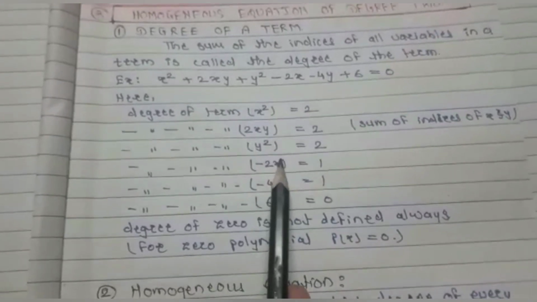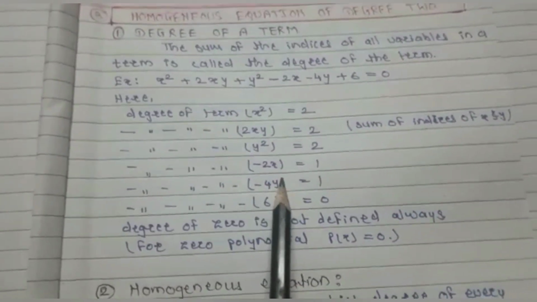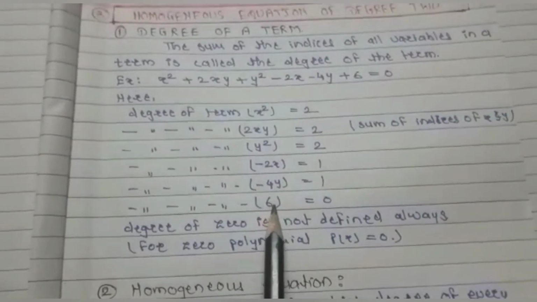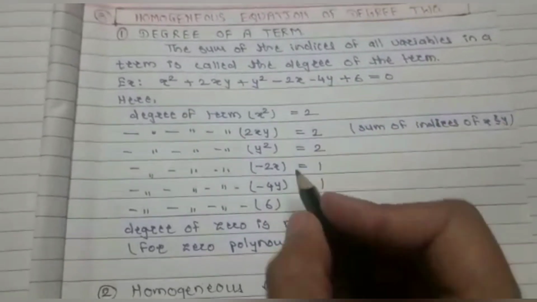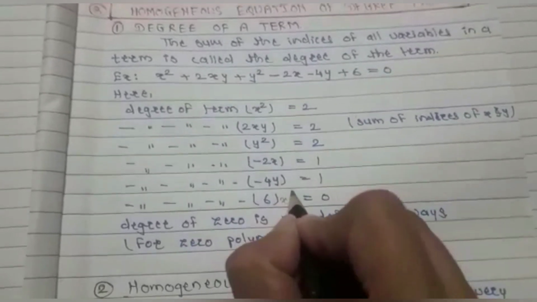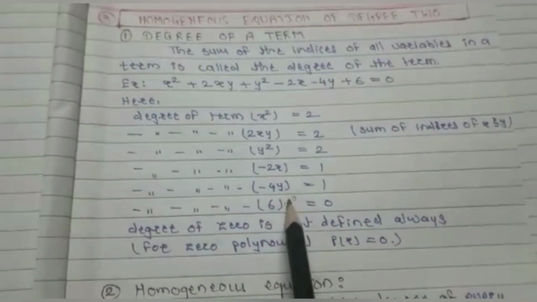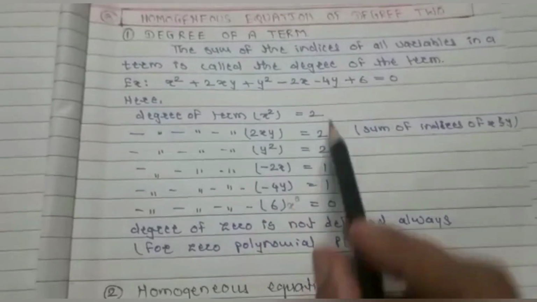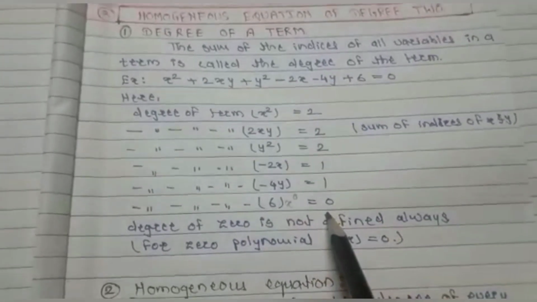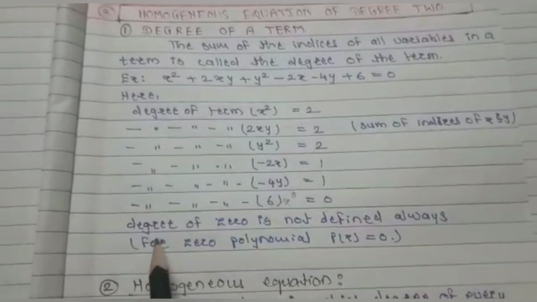because the index value of x is 1 here and the index value of y is 1 here. And since in the constant term there is no variable, but if we try to put that variable, then it is present in the sense of x raised to 0 here. That means what is the power of x? So the power of x is 0. So these are all called the degree of the term.